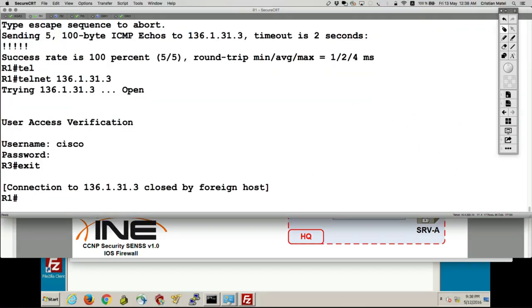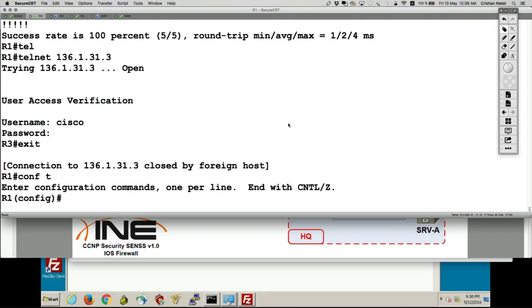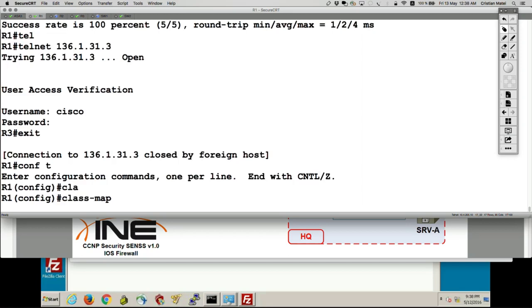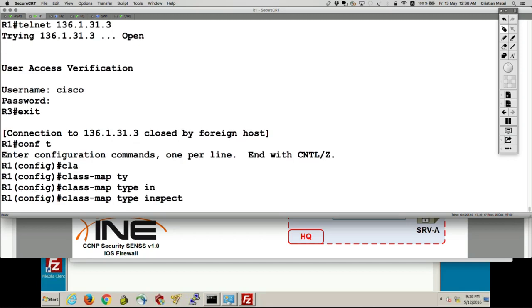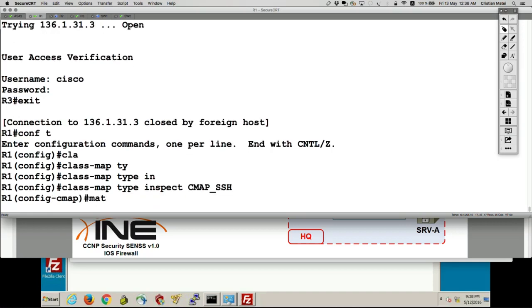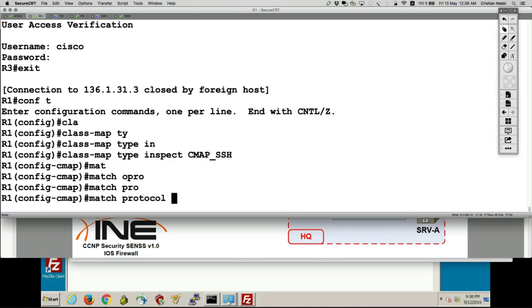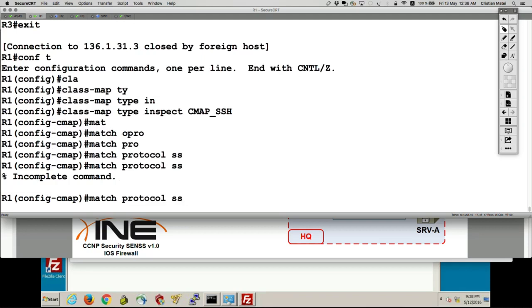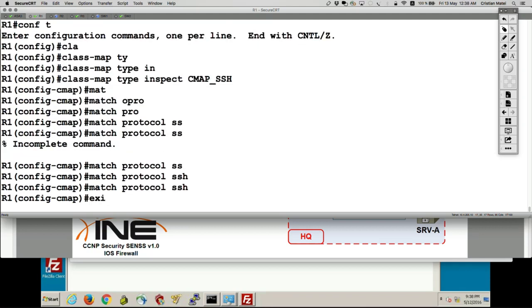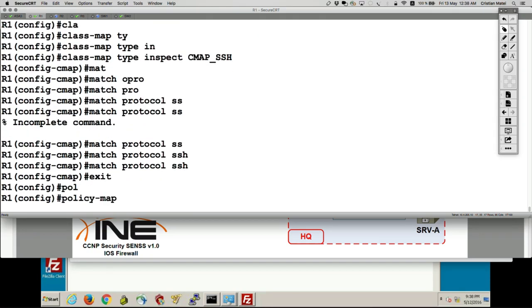So let's try and do it this way. Conf t. So class map type inspect cmap SSH, match protocol SSH, exit. Policy map, let's name it pmap from internet to self zone.